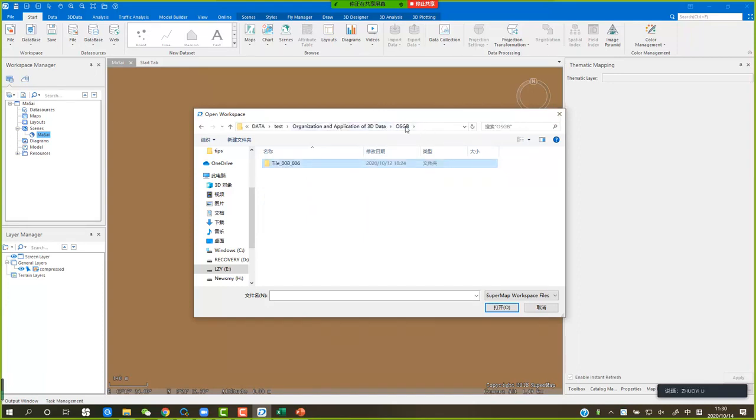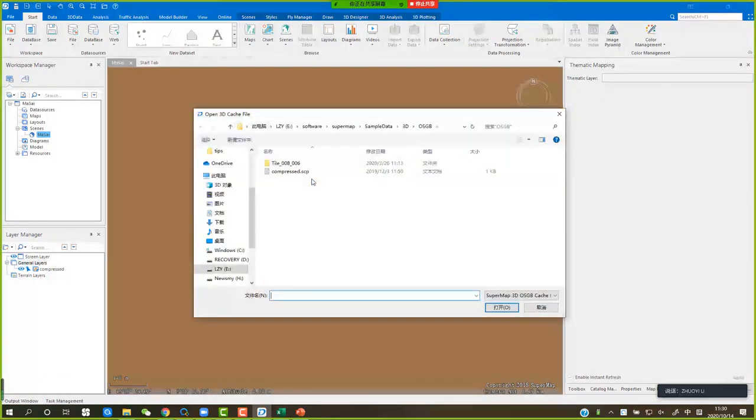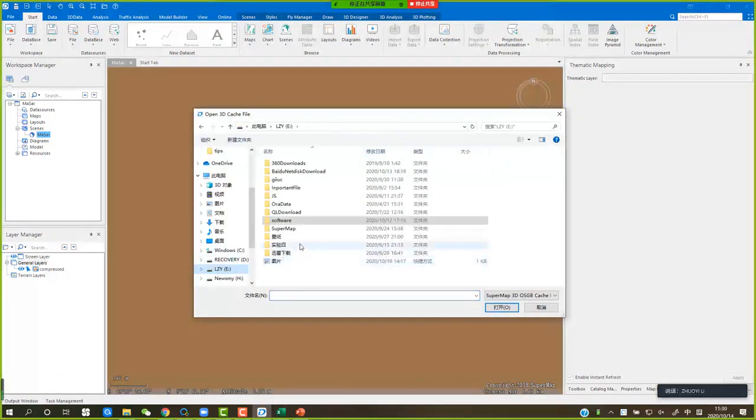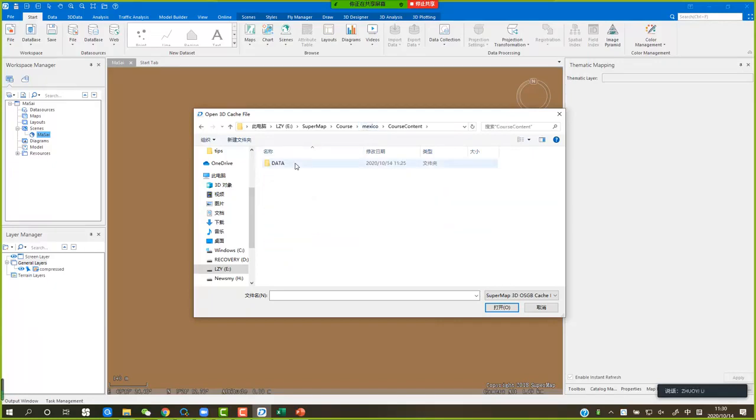Okay, and let's look at this scene, and I will add to the OSGB file to find the data that I have done. Okay, course Mexico, and now click the course content data OSGB, and